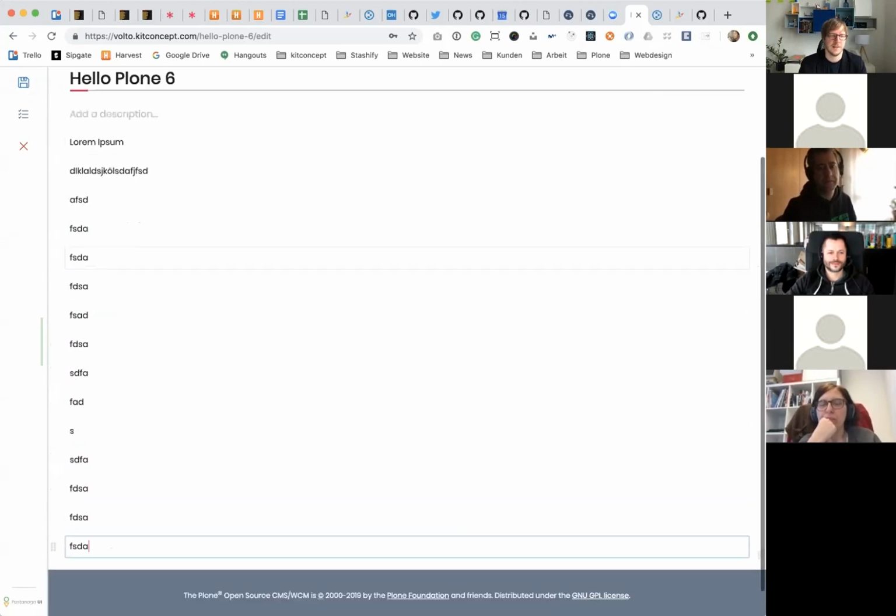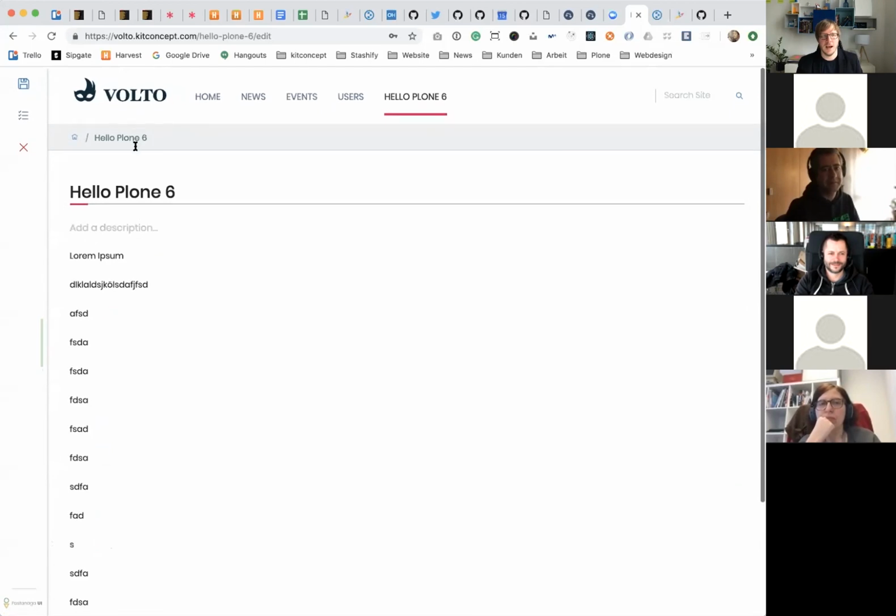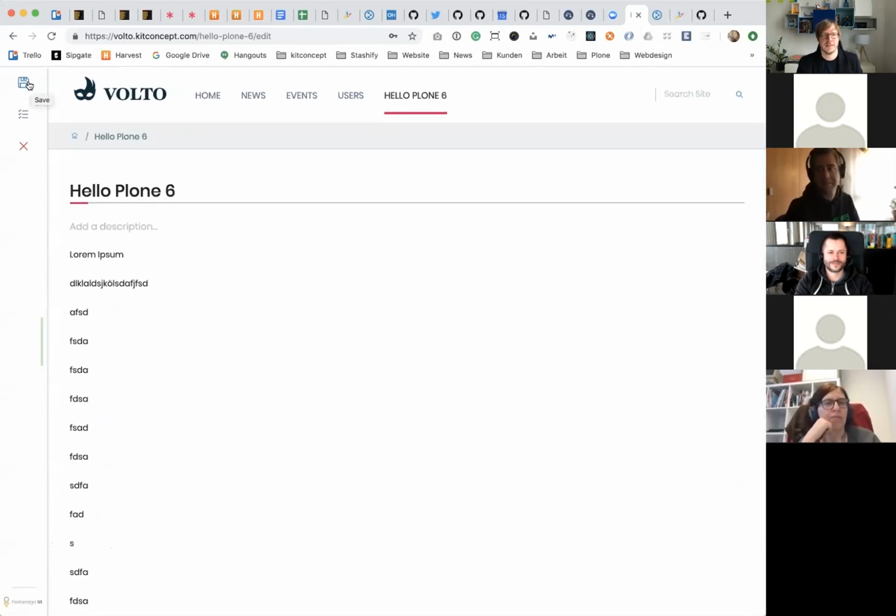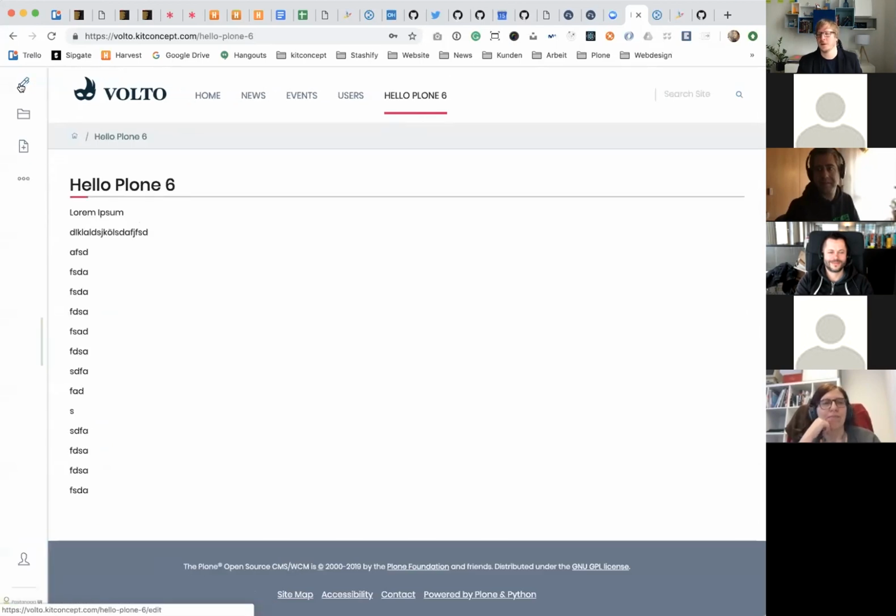A long text, then I have to go with the mouse all the way up to here, right? And I will have to do that all the time. I was always afraid that I would spend my time with the mouse going up and down, right? But the truth is, after 5 minutes, I recognized that I saved so much mouse moving when the save is just like here, right?